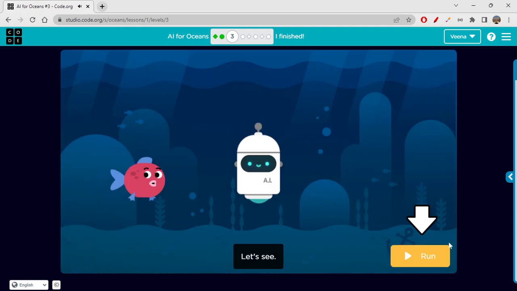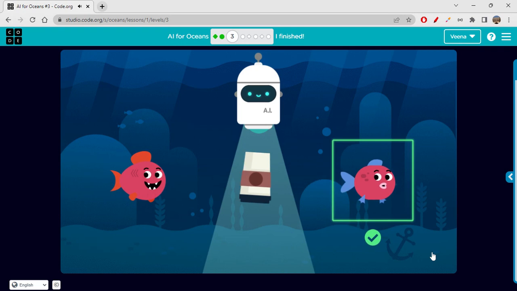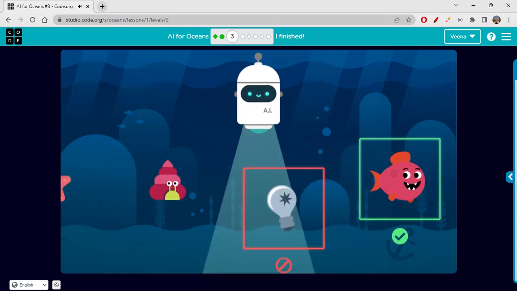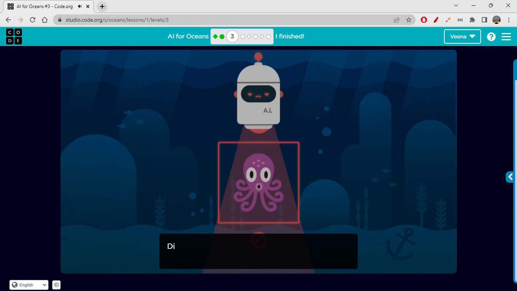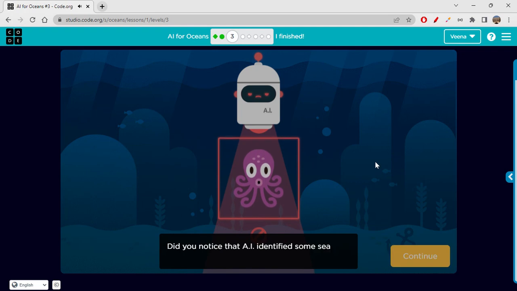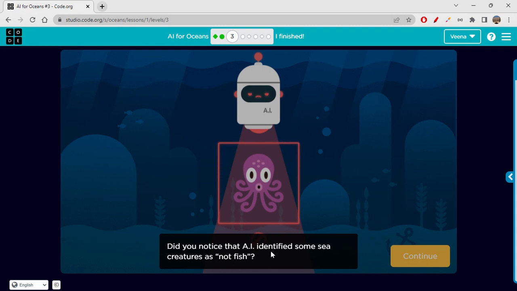So yeah, let's see. See, these are sea creatures, but it's not allowing it into the ocean. Did your AI notice the identified some sea creatures as not fish? Yeah, definitely. Because it doesn't know it. It can't identify this pattern because it has not learned this, right? Like I told you in the beginning of the session, AIs can only do specific tasks which they are trained to do, right? So if you're not trained,